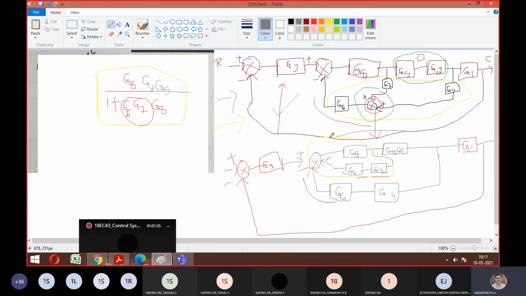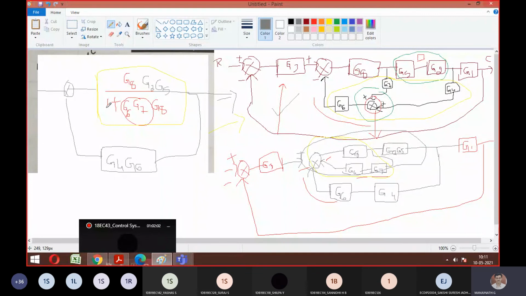Okay. So for this summing point, what is the combination, guys? G6 and G4 again cascade, so I can write it as G4 and G6 here. So this combination is given like this. This side G1 is there, this side G3 is there. Is it okay till here? So again, you can eliminate this to a single feedback path. Agree, everyone? So this is your G and this is your H.